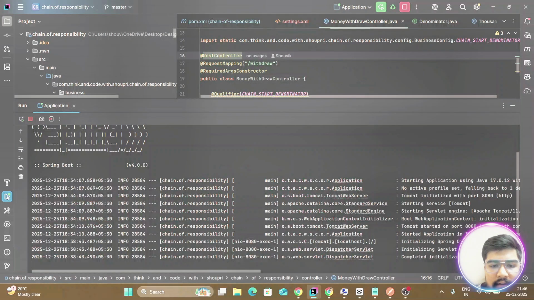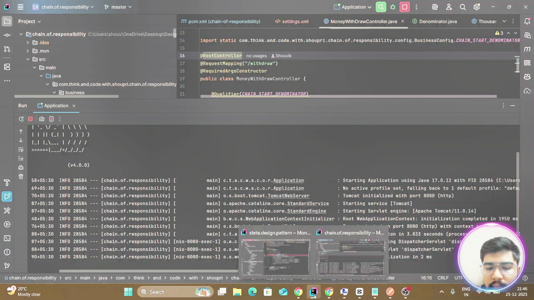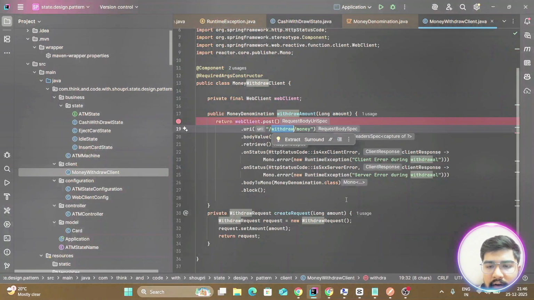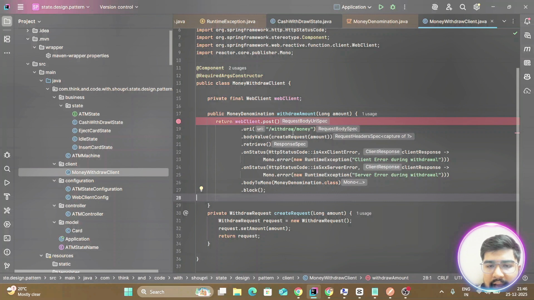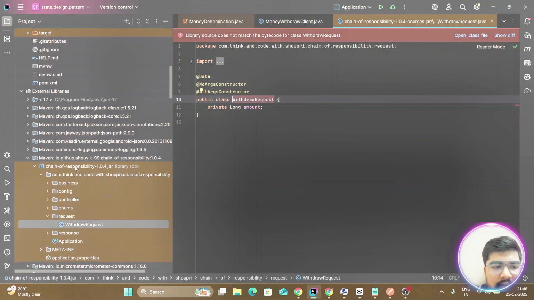It is running on port 8080. So you have to hit it from our state design pattern microservice. Here the URI should be /withdraw/money. We are creating the request. To create the request, you can see we are taking this withdraw request, which is coming from